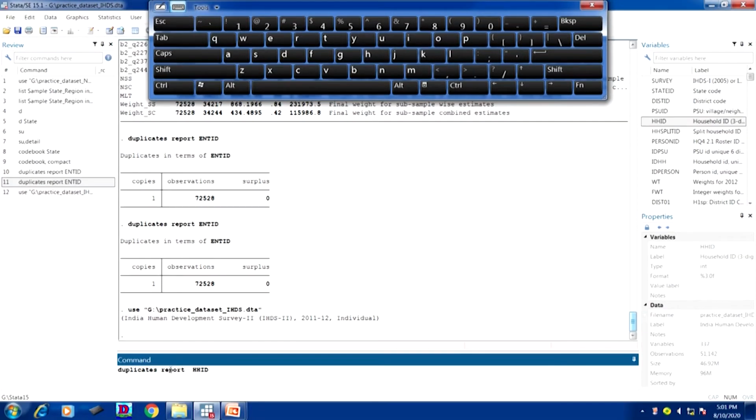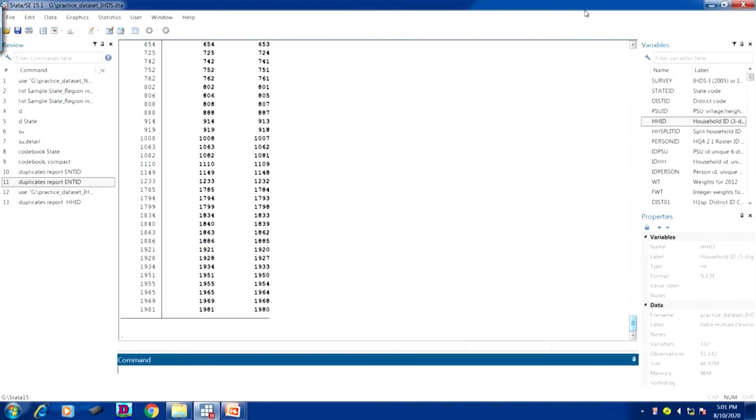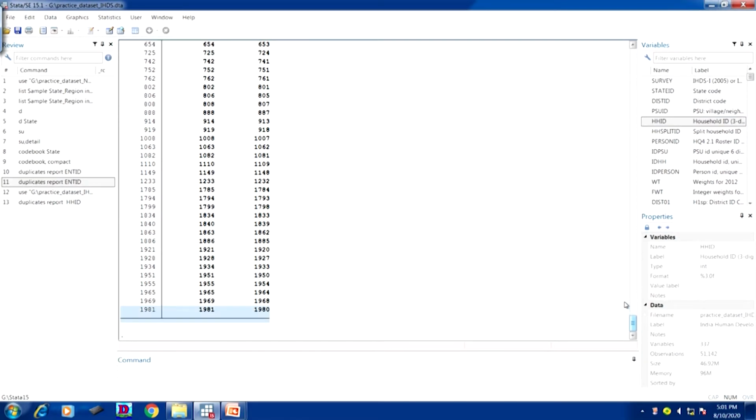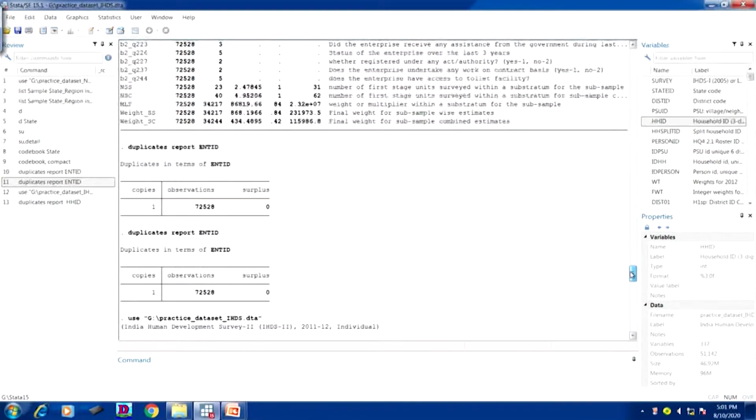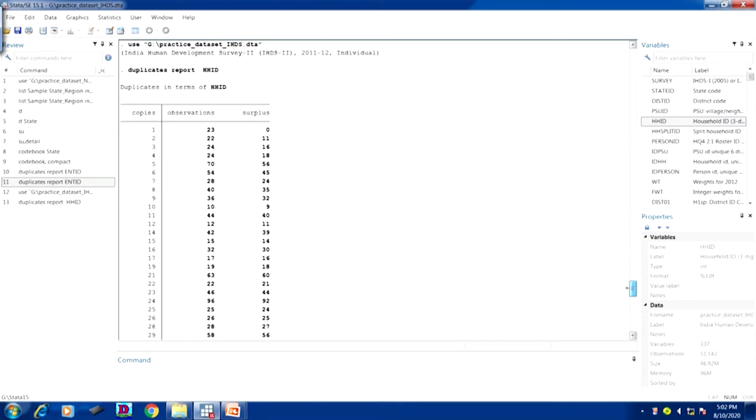If I just enter, it gives me the information like this. Look at how many duplicate copies are generated. So it suggests that there are duplicates. So just one variable is not uniquely identified. We have to go by a combination of variables for finding the unique ID.